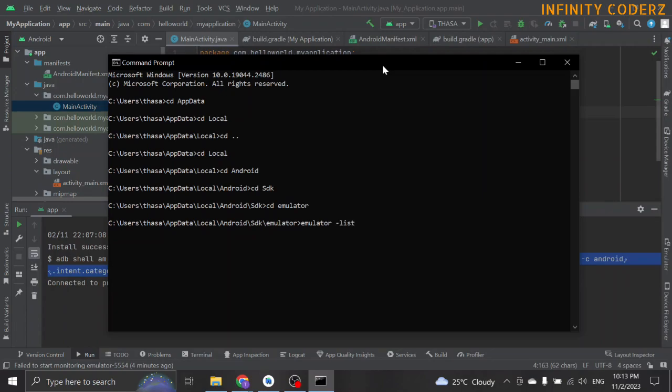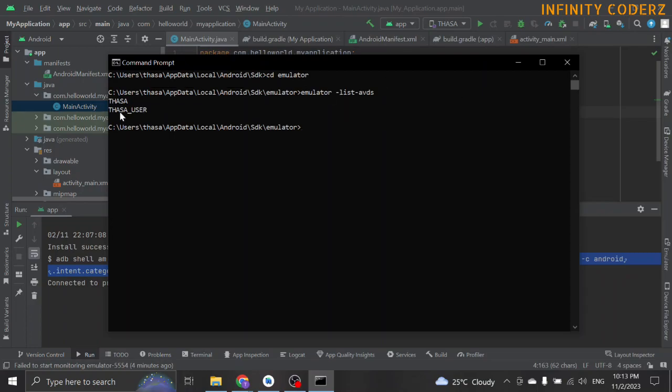If we don't know the emulator name, we could use the following command, emulator -list-avds, to get the list of emulators created. To run the emulator, use the following command, emulator -avd emulator name, to launch the emulator. The emulator created and launched would be standalone, and we could hide it or move it anywhere in Windows, which gives more space for the coding.